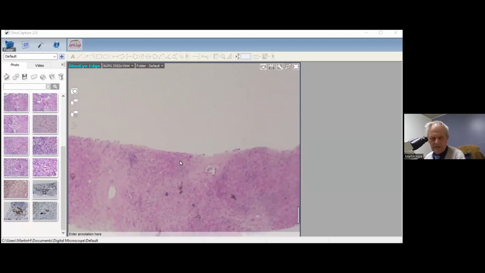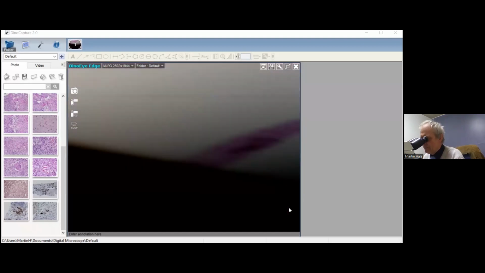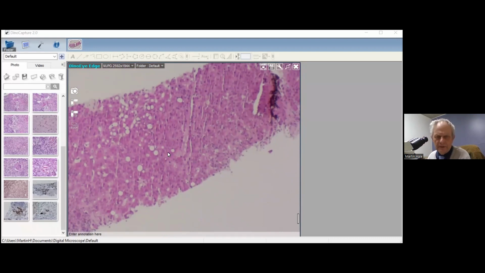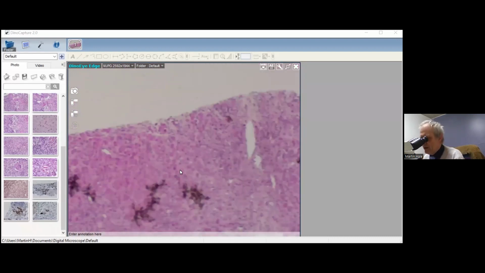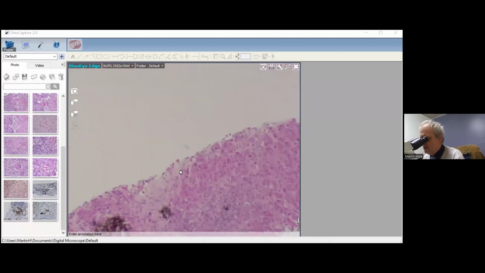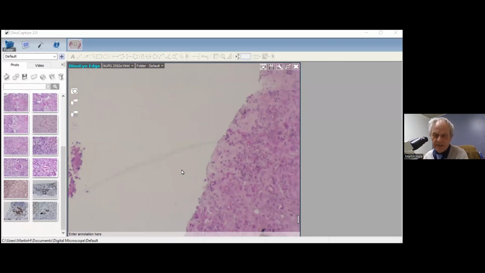So here you can see straight away that you've got these broad bands of fibrosis. That's a big warning sign. So let's go down and have a look. There's the fat, as you can see there, and the amount of fat in this liver biopsy is minimal. So the steatosis score for the large droplet component is minimal. In fact, it's present, but it's a 1.